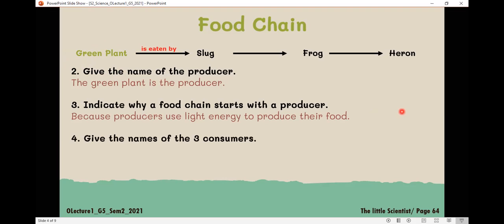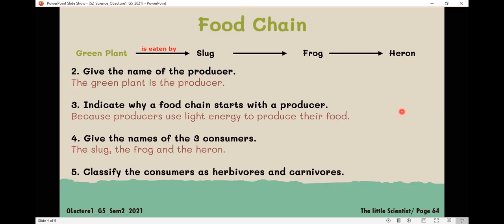Who are the three consumers in here? The slug, the frog, and the heron. Amazing job. Which one is the herbivore? The slug, because it eats the green plant. The slug is herbivorous because it eats the green plant. Okay, what does a frog eat? The frog eats the slug, and the heron eats